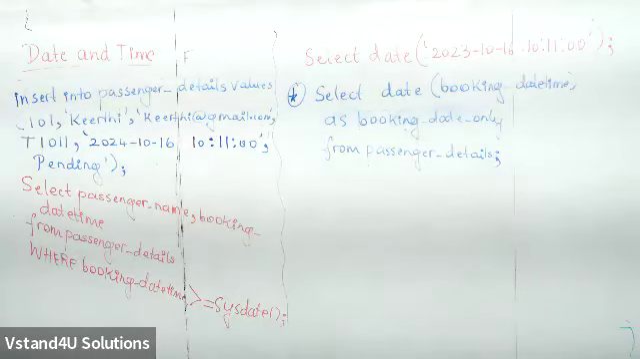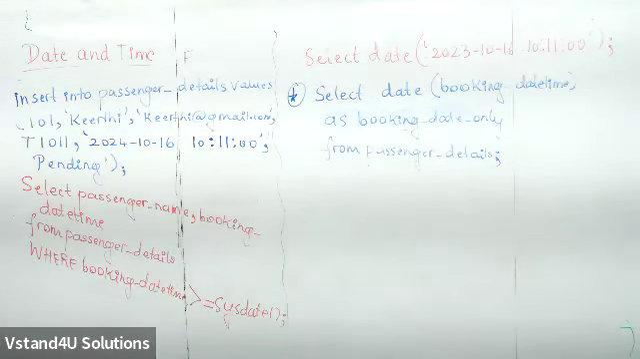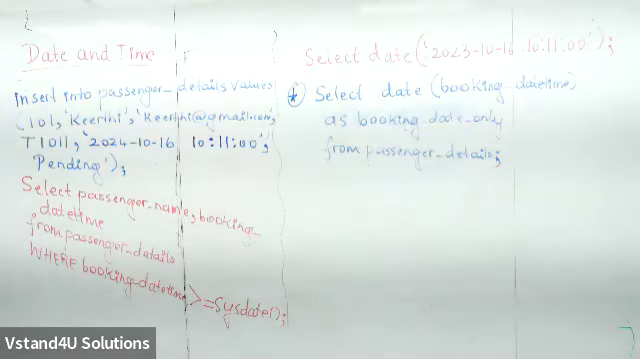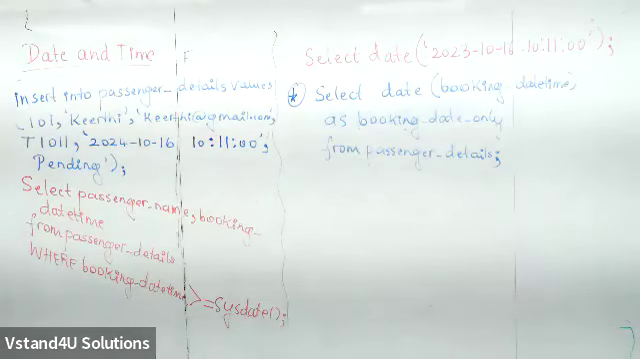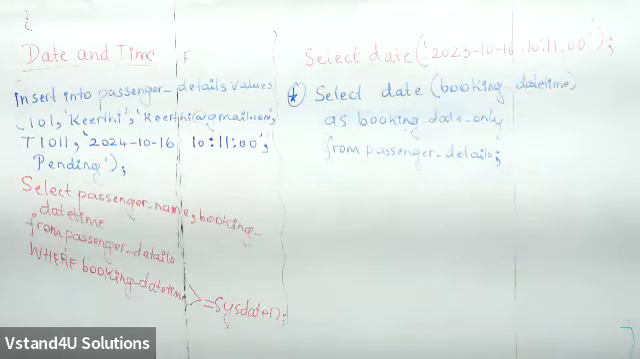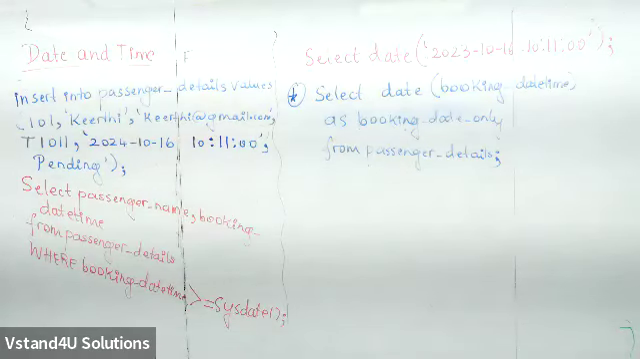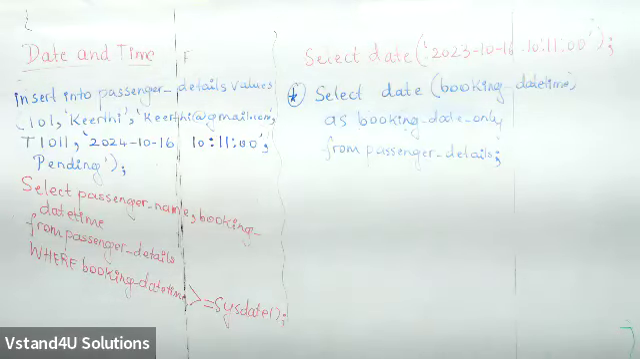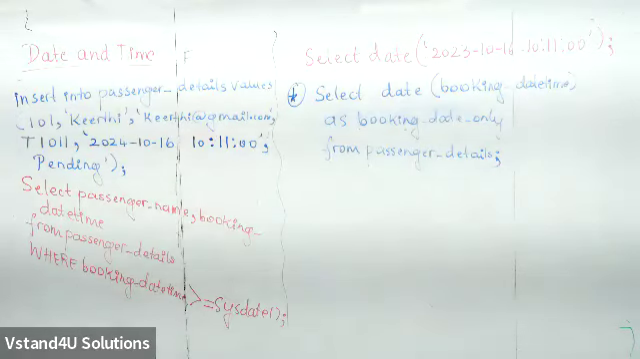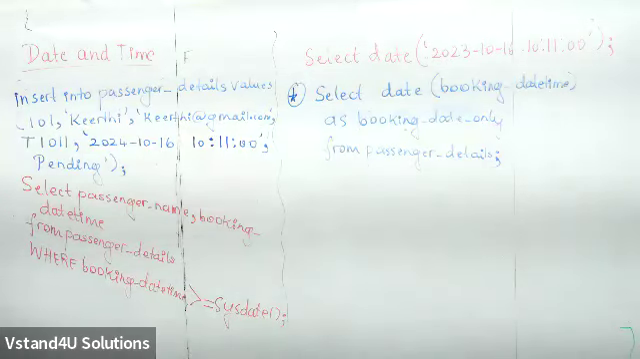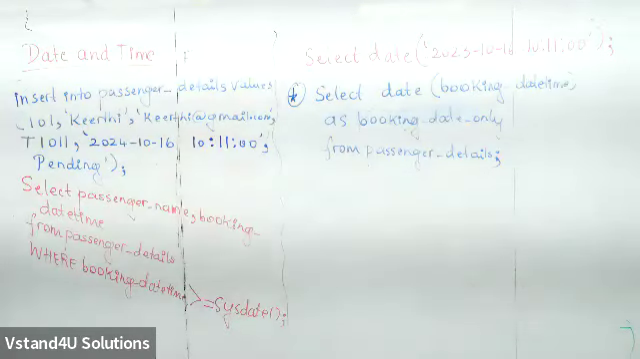Take down the next query. How can you find passengers with a booking status of confirmed, on the date 2024-09-